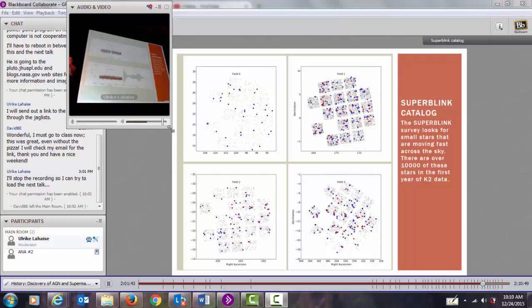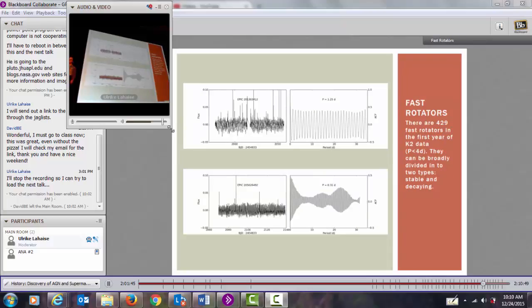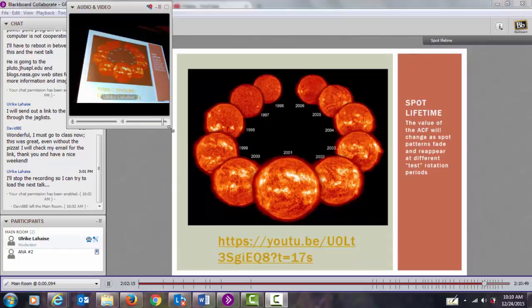And what we have noticed is that with the autocorrelation function that I mentioned earlier, there seem to be 2 different flavors that we have called stable rotators and decaying rotators, which is a little bit of a misnomer. We just call it decaying because the autocorrelation itself decays over time and comes back. And so what we think that is, is an indication of the lifetime of the spots on the surface of the star. And if the internet is kind to me,